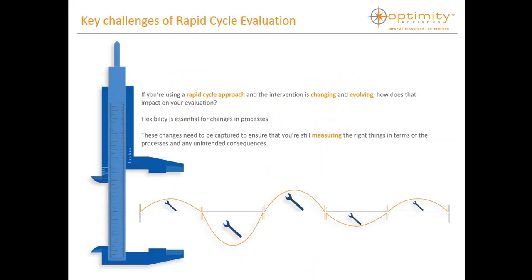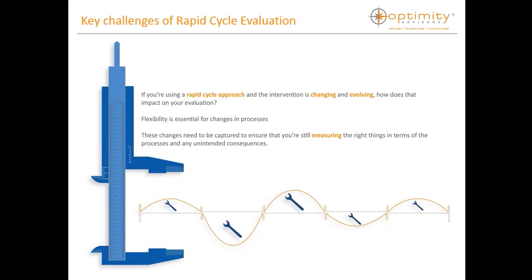So what are the challenges to using rapid cycle evaluation? Well, one example is if you're using a rapid cycle approach and the intervention is changing and evolving, there's a question about how that impacts on your evaluation itself. If you set out to design and implement an intervention with a view to improving secondary care utilisation, patient clinical outcomes or self-management, for example, these shouldn't be changing, so you should still be collecting the same data. What needs to be more flexible is if processes change. These changes need to be captured and ensure that you're still measuring the right things in terms of processes and